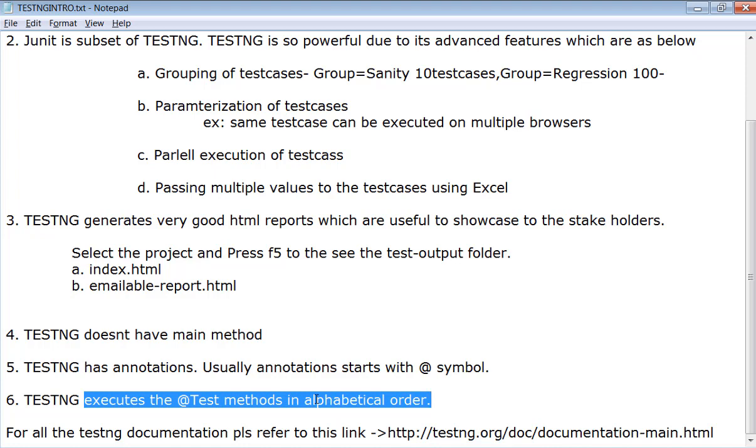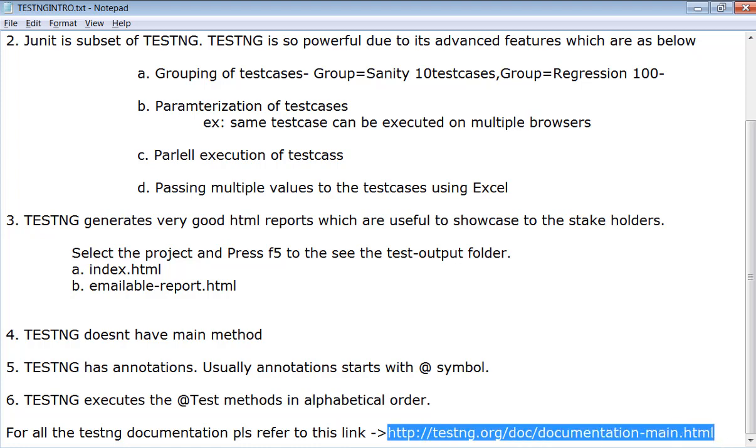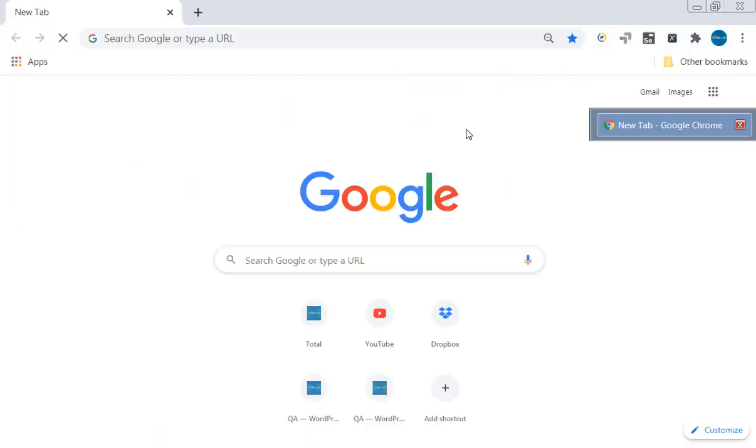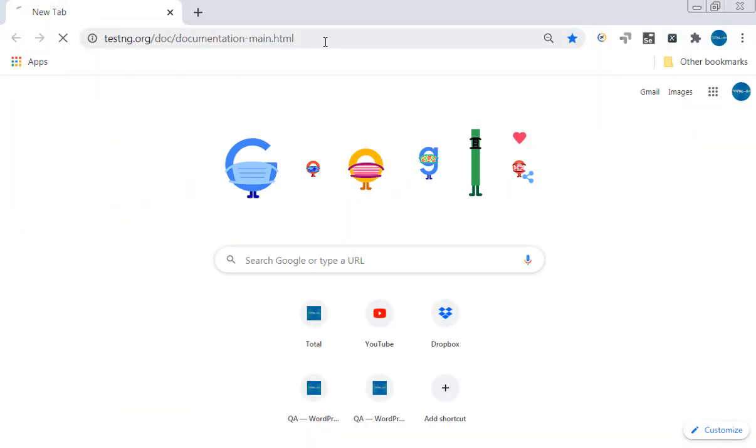Now, if we are interested to install TestNG on Eclipse, you can refer to this documentation link. This has all the information. Let me open that. Okay, click on this.